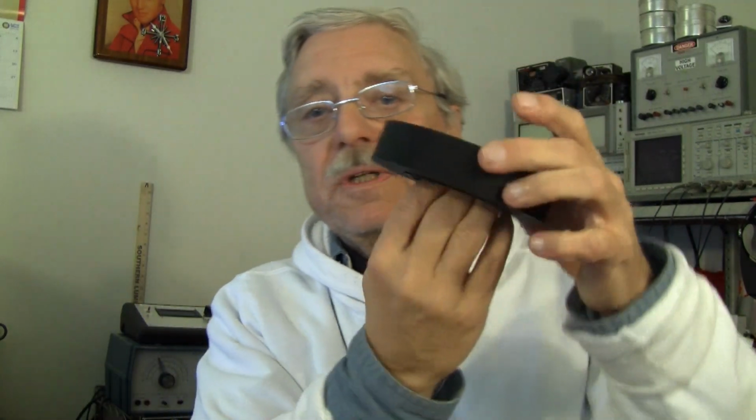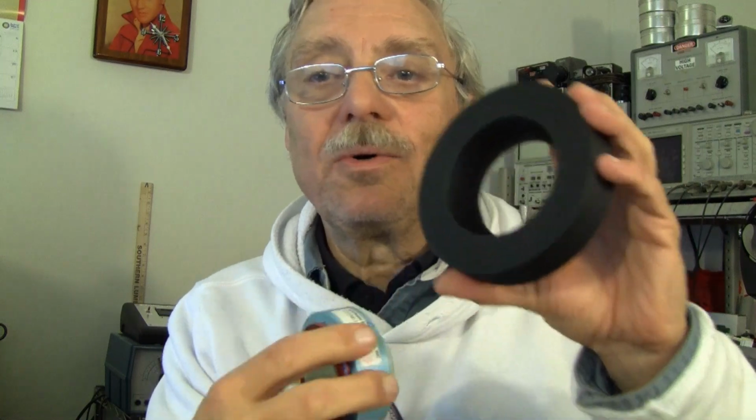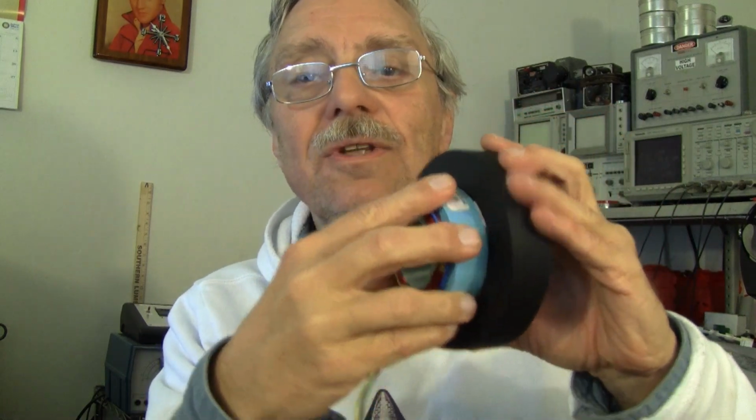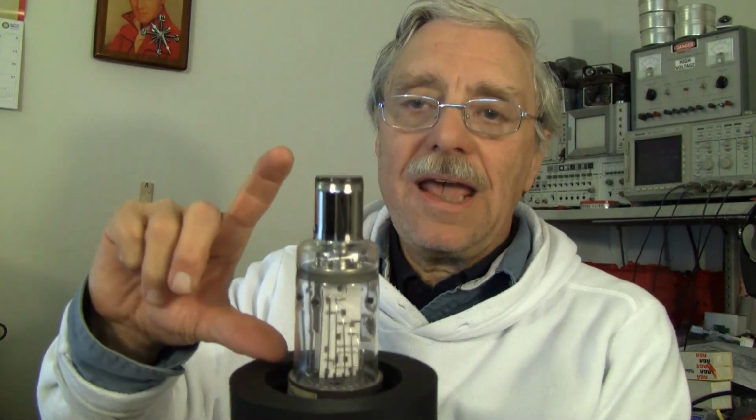Last evening I began printing that part, and it's printing upside down like this and has a ledge here for supporting the deflection coil. But what I've discovered is that I measured this and I made that hole not large enough, and so the yoke won't go in. So a second try is being printed, and the slicer says that it's going to take 13 hours, and I just started it less than an hour ago. So that is currently being printed and will constitute the second half of the enclosure,